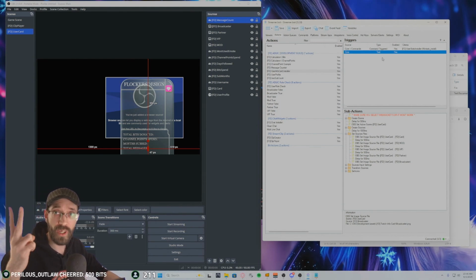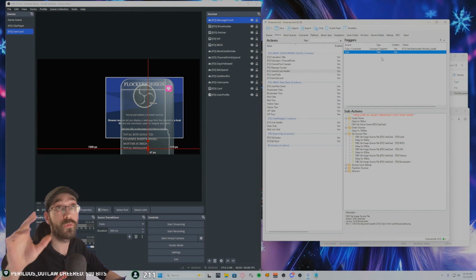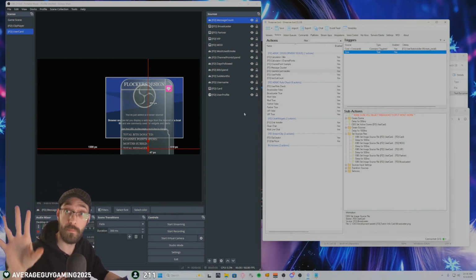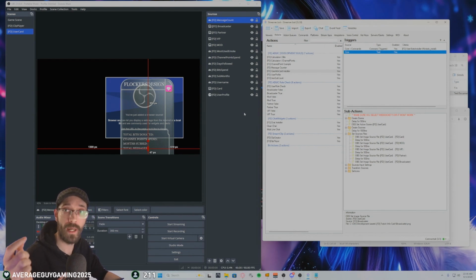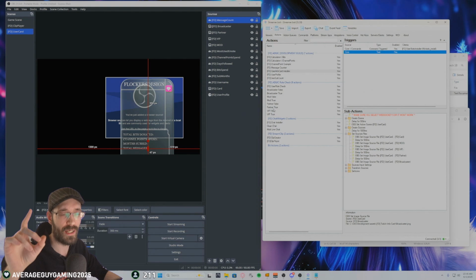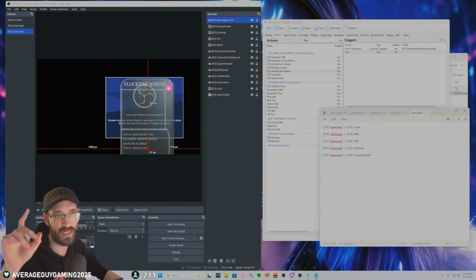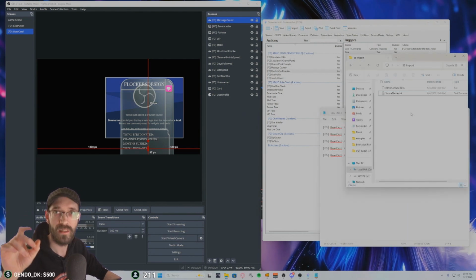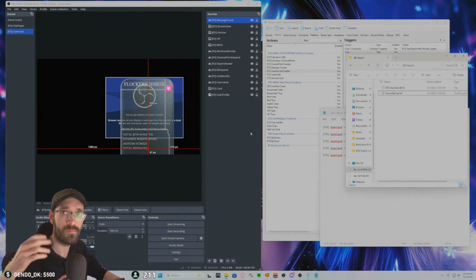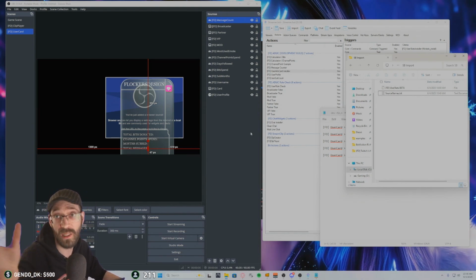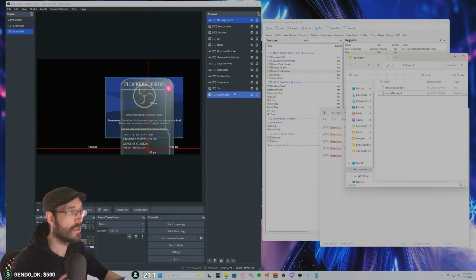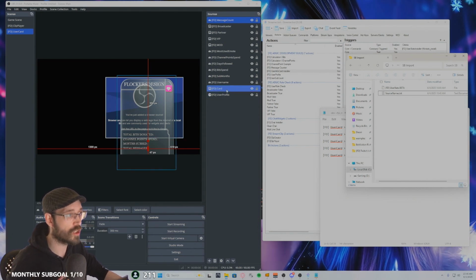So, 2 things you need to do. I recommend you to do. Well, 2 things I recommend. No, 1 thing I recommend, 2 things you need to do. I forgot you do also need, and it will probably also be here as a link, the shader filter or a mask if you want, but that's for the profile picture. We'll get to that. All you want to do first is you want to take this card and make sure